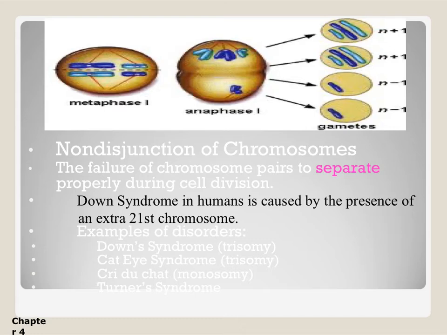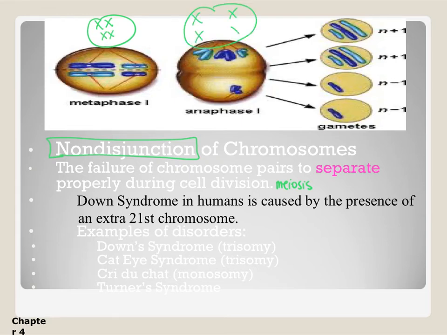Non-disjunction is how. Non-disjunction is a type of chromosomal mutation. What's going to happen is the chromosome pairs do not separate during, specifically, meiosis. Normally in metaphase 1, your chromosomes are lined up in 2 rows, right? And anaphase 1 is supposed to split the chromosomes, and they're supposed to go to opposite sides of the cell. Well, if anaphase does not do this properly, then what will happen is